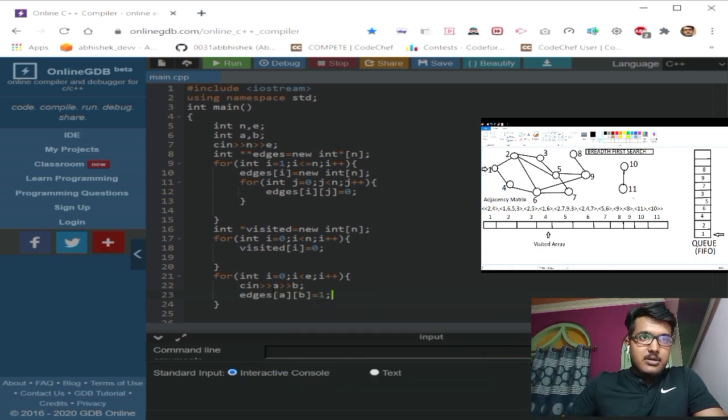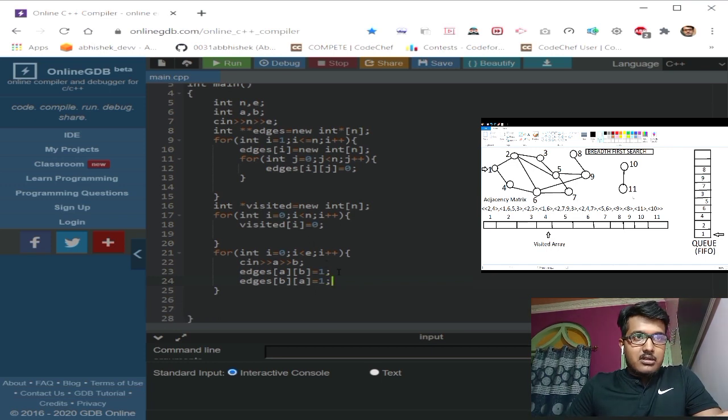I make it 1. It means that there is a path between 1 to 2, 1 to 4, 1 to 6, 1 to 8 like this, and reverse also I'll make it. It's of no use, but for more clarification.